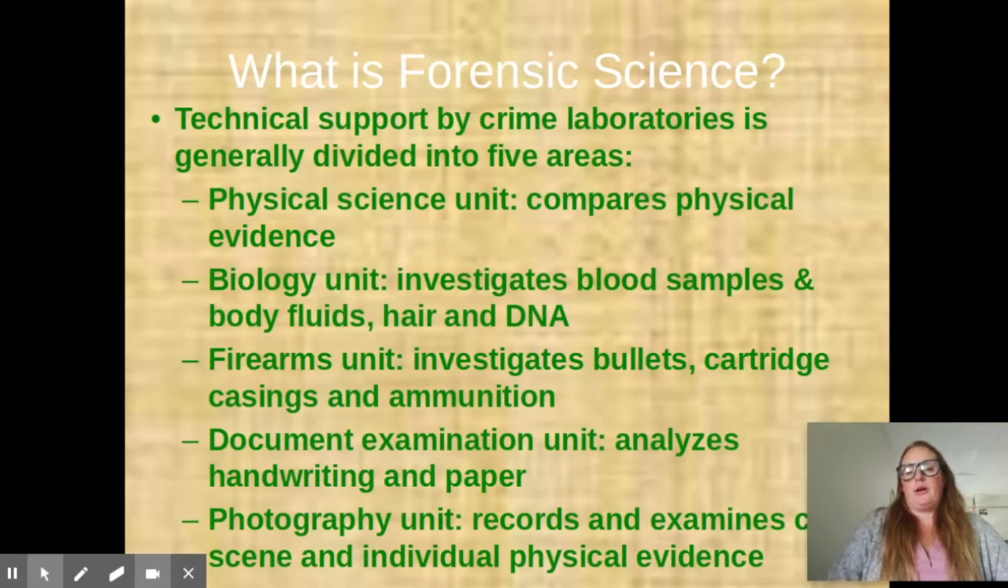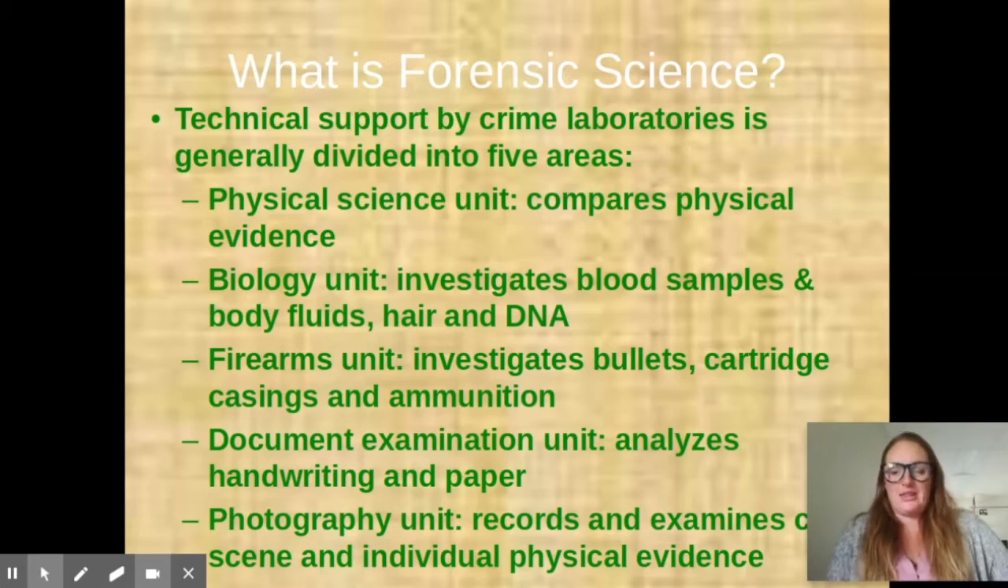Technical support by crime labs is generally divided into 5 areas. So you have your physical science unit, your biology unit, your firearms unit, your document examination unit, and your photography unit. I know that I mentioned this at some point in the last couple of weeks, that, for example, NCIS, where Abby does all of it, it's not actually that